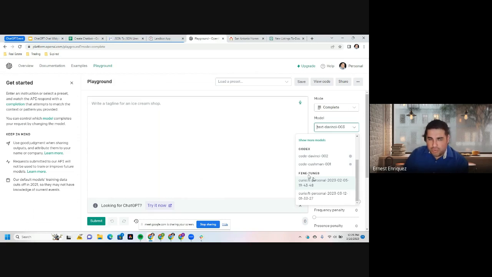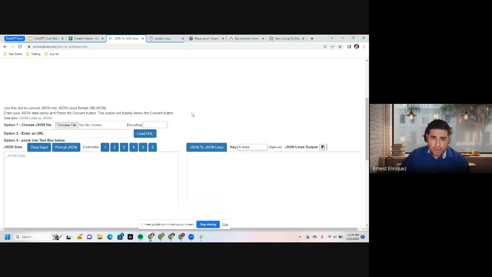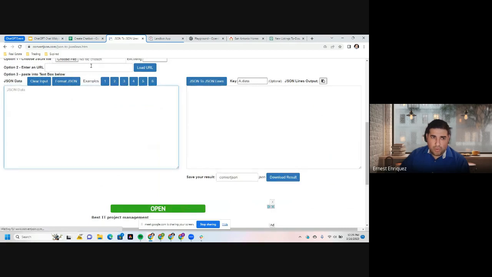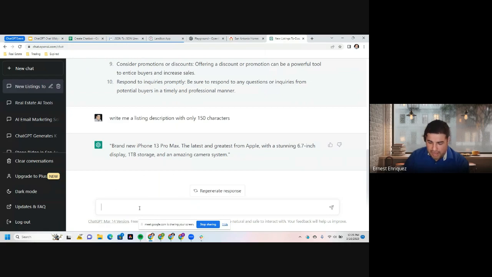There are some additional steps that you will need to take because you can basically go in and, like I've done here, you can create your own JSON. What that means is that I can take a Google Sheet, right, where maybe I start off in ChatGPT and I say, write me the most commonly asked real estate questions,